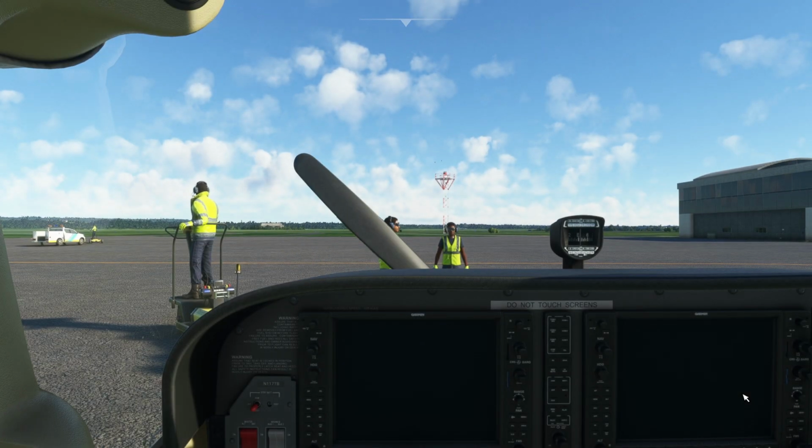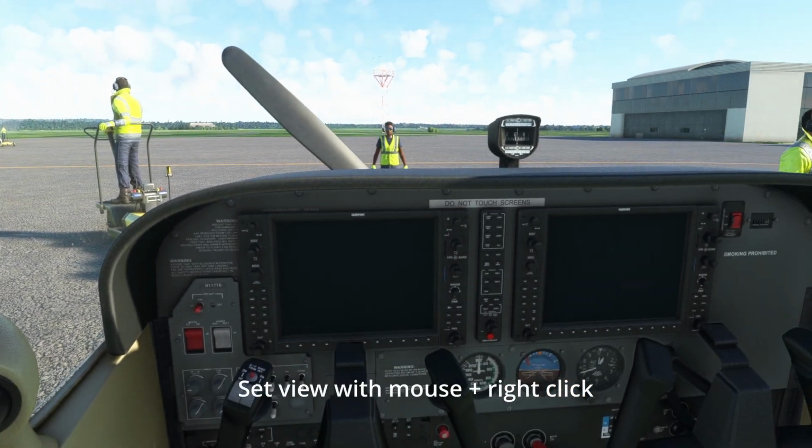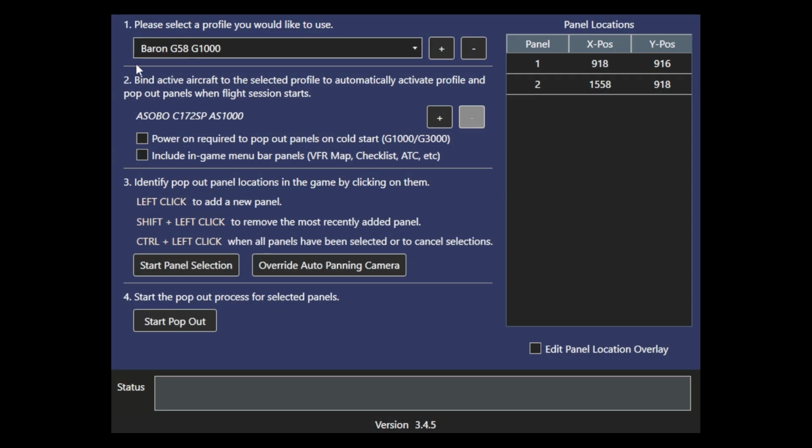And here we are. The first thing I'm going to do is set up my saved custom view by getting right to there, and I'm going to hit Control-Alt-0. Again, Control-Alt-0. Now I'm going to switch over to the Pop-Out Manager,